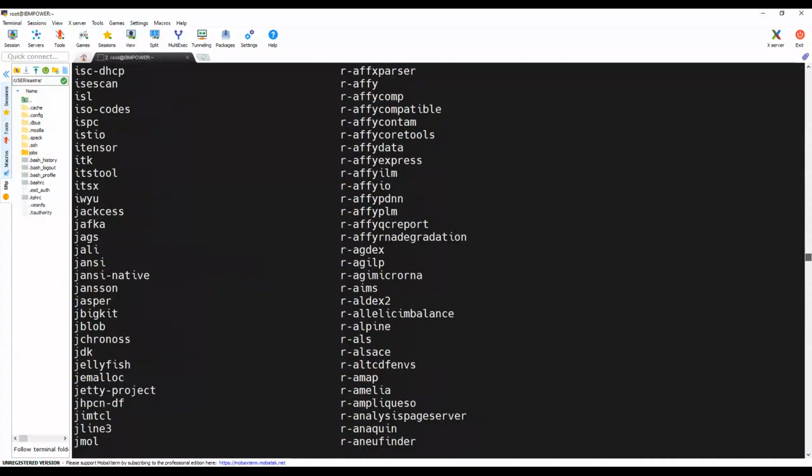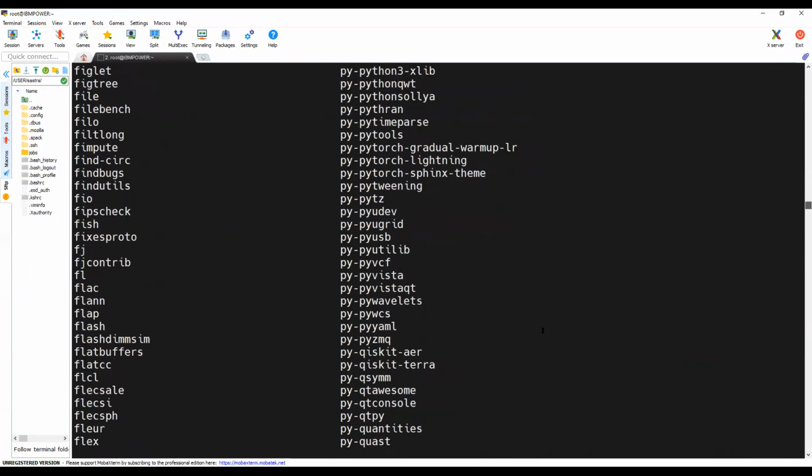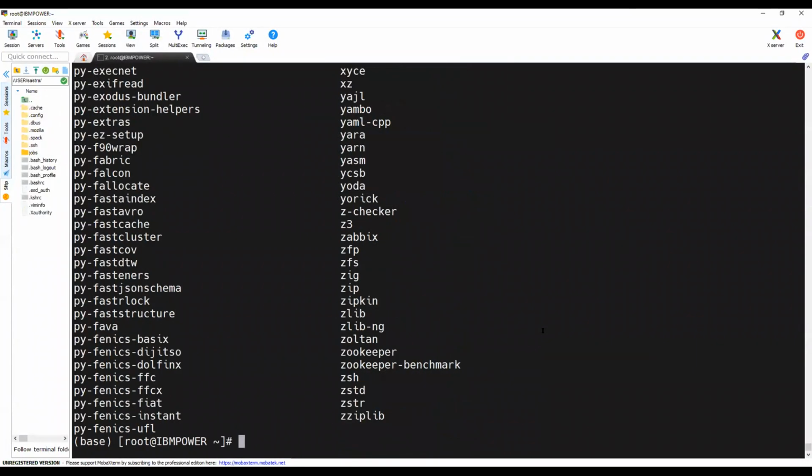I think more than 6,000 packages are available to install. Let's say if I need to install a package from this list, I'll say spack install zip.